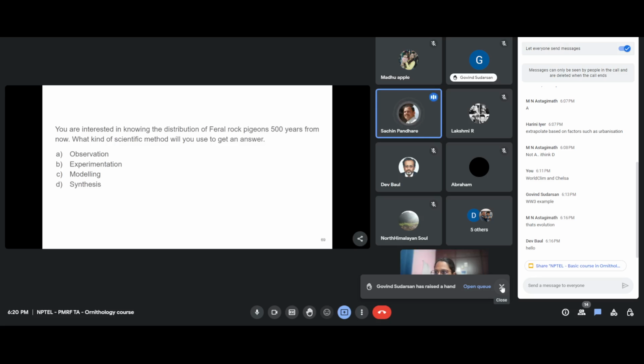To add to what Govind has said, as we have seen in one of the earlier lectures, the example of Peter and Rosemary Grant, who studied finches on the Galapagos Islands. They did observe changes in the structure of the beaks of finches within a few decades. So we never know, it may happen, it may not. But we must also remember that the finches were a very small, isolated system in the middle of nowhere, not attached to any landmass.